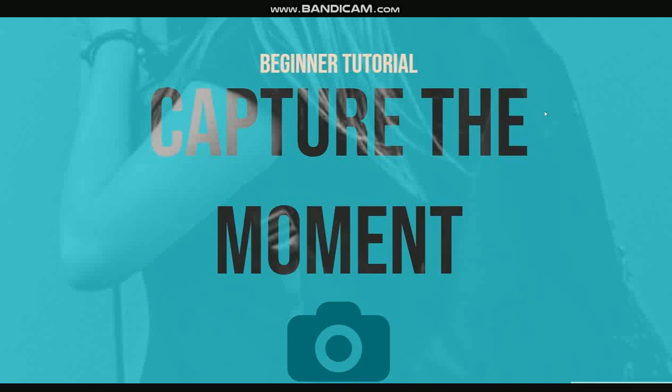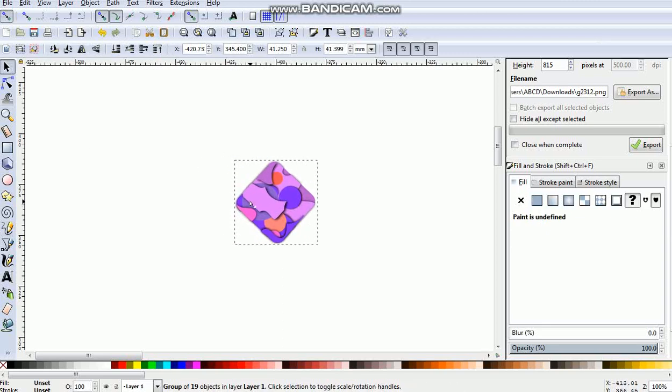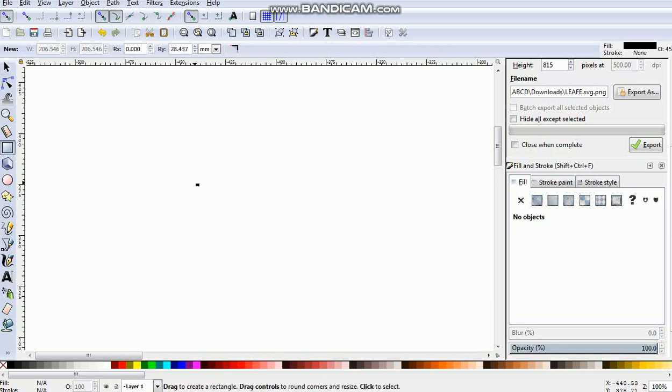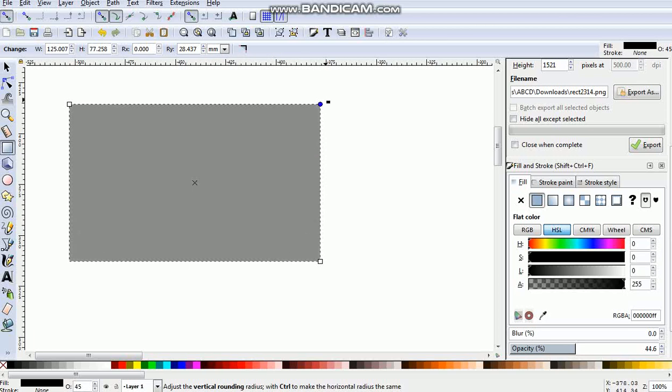In this tutorial, I will be demonstrating how I can create this material design using Inkscape. So let's get started. Here I've made an example for you. We'll be making this. So let's delete this, and I'm going to make this